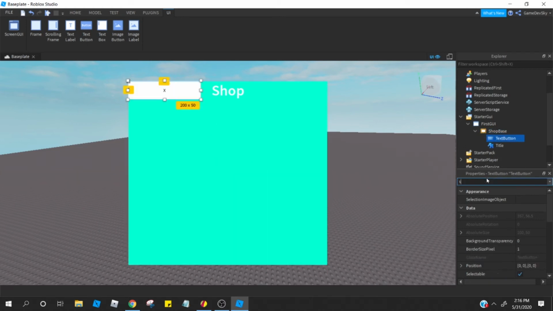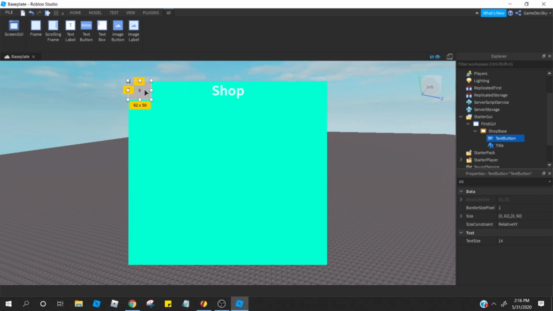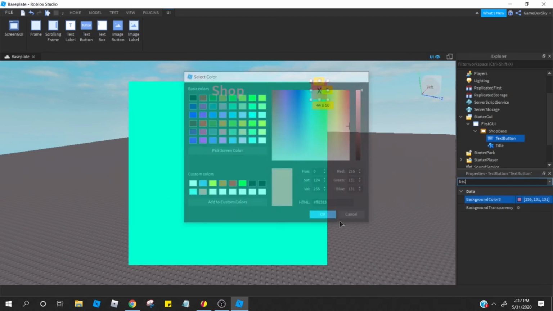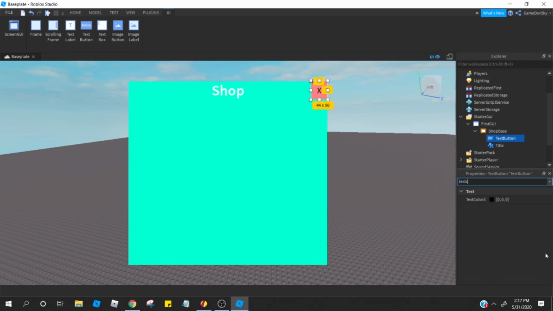You can use the size property, but if you don't want to, you can just use these 8 squares right here to drag and resize. Then put it at the corner and make your text scaled if you want. I'm not going to this time, and instead I'm going to make it maybe a 28. Yeah, and I'm actually going to make the square a little smaller. Background color, I'm going to give it a light red. And the text color, I'm going to make it